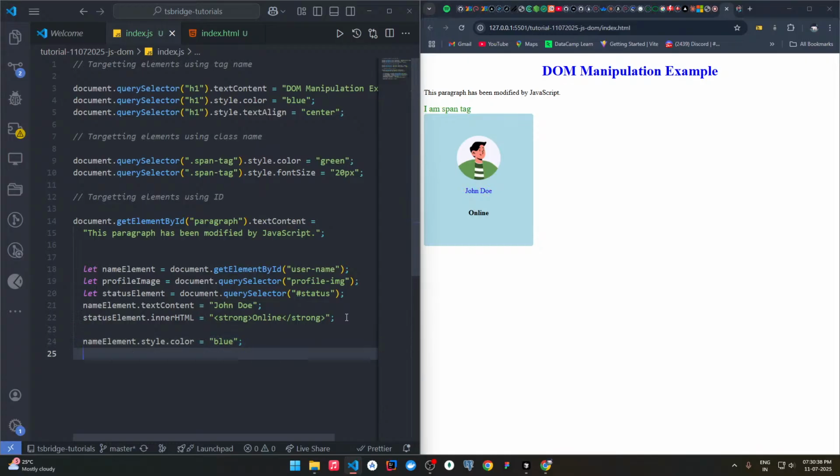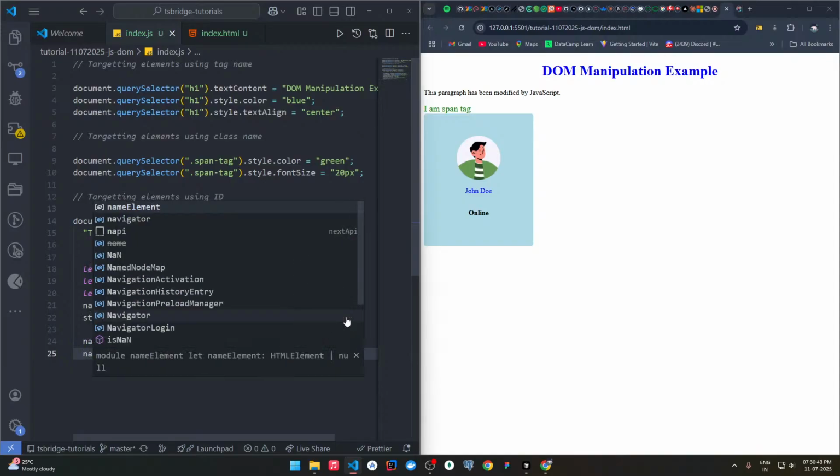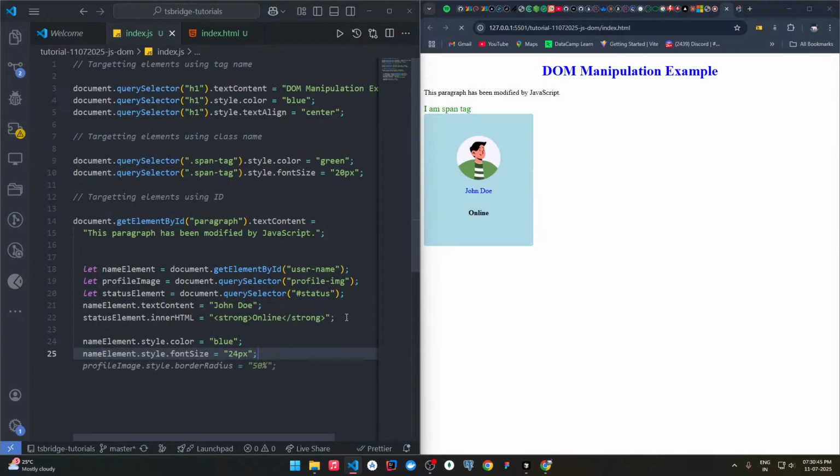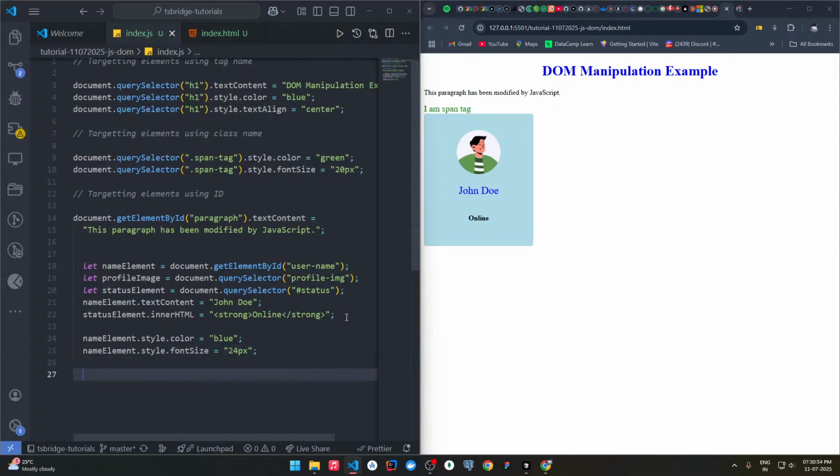Okay, and after that we want to increase the font size of the username also. Okay, 24 pixels, that will be great enough. Okay, this is John Doe's ID card ready. We can definitely